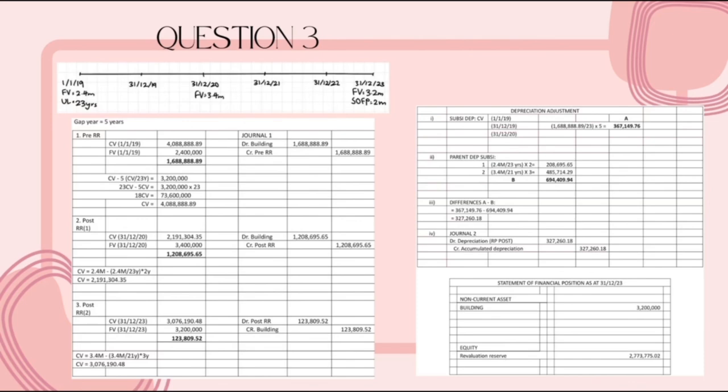million times 23 years times 2 years, we will get 208,695.65. And for the next depreciation, 3.4 million divided by 21 years times 3 years, we will get 485,714.29. And the total of both depreciation will be 694,409.94. For the differences, A, which is the subsidiary depreciation, minus B, parent depreciation, we will get